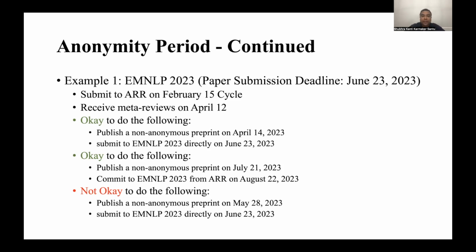Now, you are again not violating any of the anonymity requirements, because on July 21st, your paper is not under review at ARR, and you are submitting a non-anonymous preprint on July 21st, which is 1 month ahead of the commitment deadline of EMNLP 2023. That is also fine. What is not fine is you publish a non-anonymous preprint